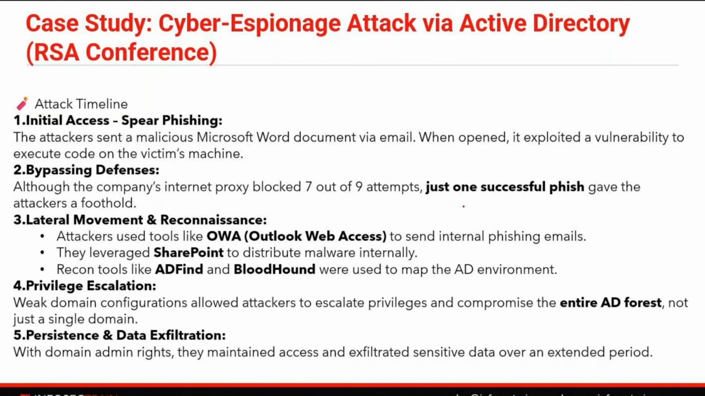a foothold. Attackers used tools like Outlook Web Access to send internal phishing emails. They leveraged SharePoint to distribute the malware internally. They used tools like AD-Find and BloodHound to map the Active Directory environment. Then, weak domain configuration allowed the attackers to escalate privileges and compromise the entire Active Directory forest, not just a single domain. Then, for persistence and data exfiltration with domain admin rights, they maintained access and exfiltrated sensitive data over